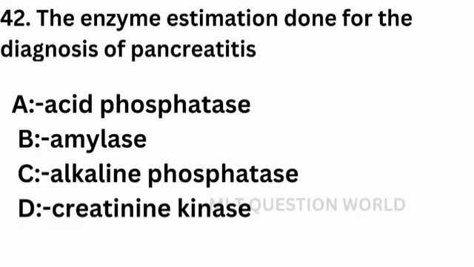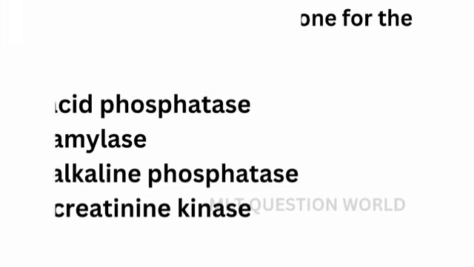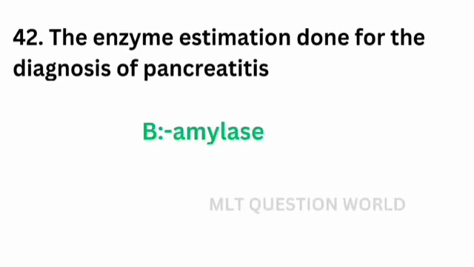Question number 42. The enzyme estimation done for the diagnosis of pancreatitis. Option A acid phosphatase, option B amylase, option C alkaline phosphatase, option D creatine kinase. The correct answer is option B amylase. The enzyme estimation done for the diagnosis of pancreatitis